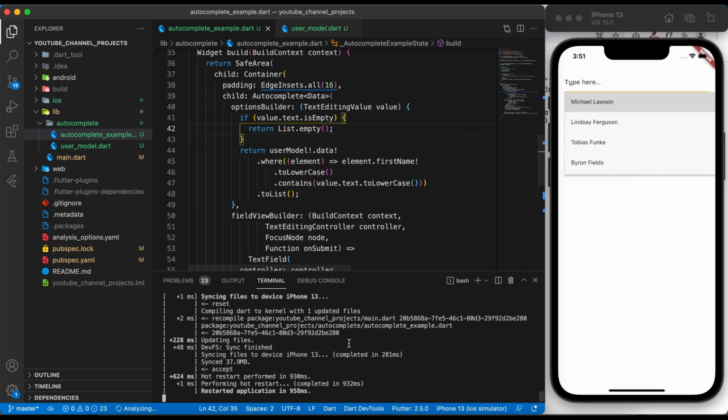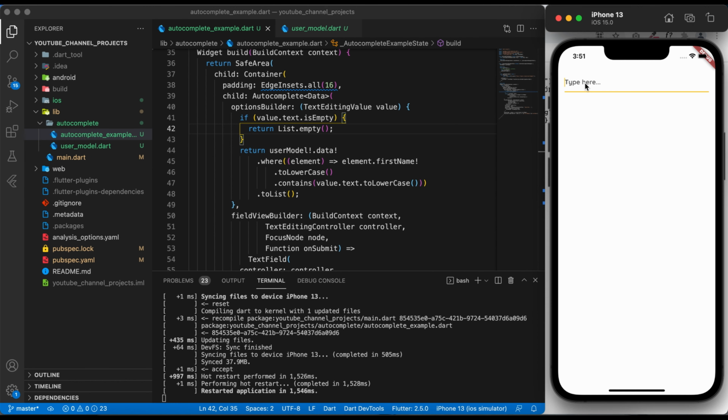So this way we can avoid this behavior of showing all the drop down values at the time of focus of this text field. See, now if I type M, it will show me only the entered value drop down actually, not all the values. Okay, so far we have customized this.